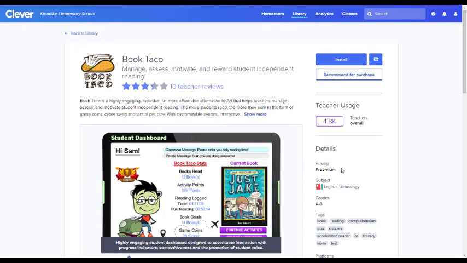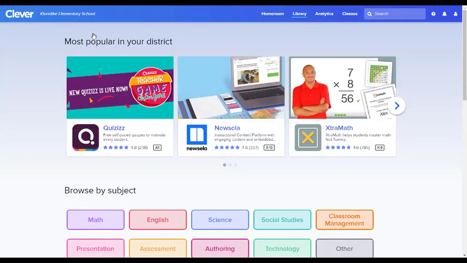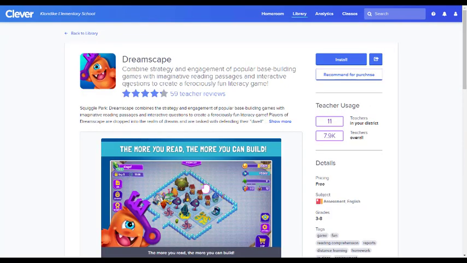Here's another one. So we had free trial before. Here's one that says freemium, and that is, again, free for a little while, not free all the time. So now that I've found a resource that I'd like to add for the students, notice that I'm adding this resource. It's free. I can choose install,